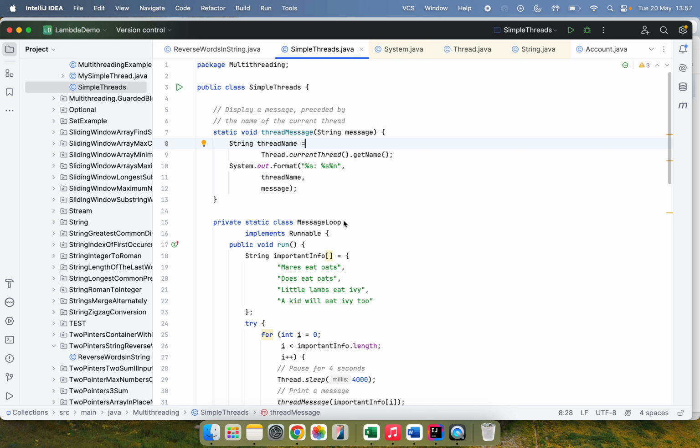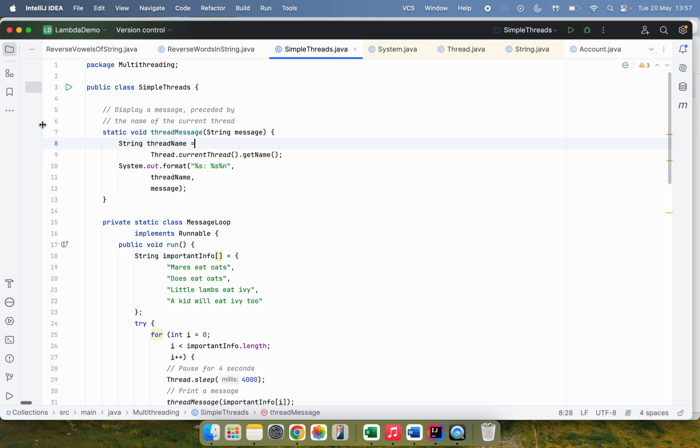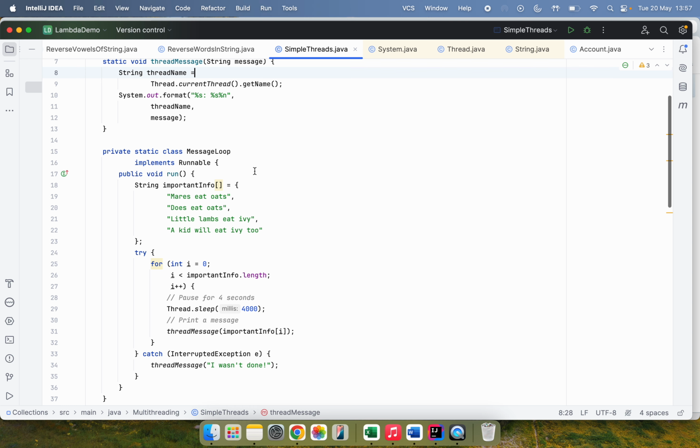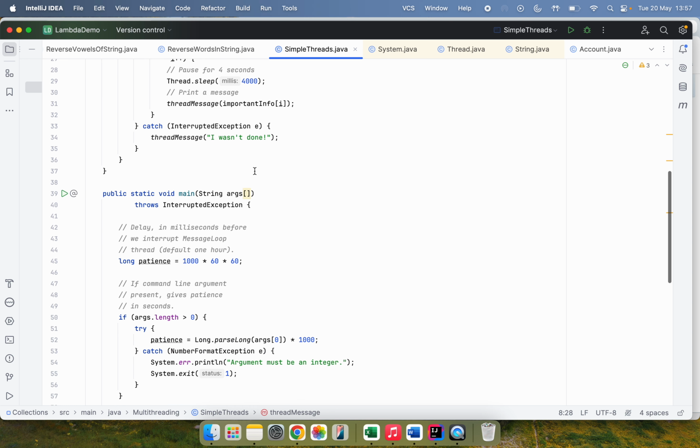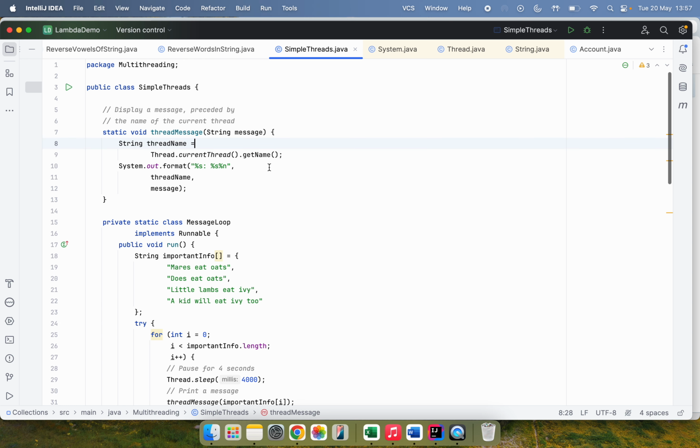Hi guys, today I'll be talking about this example which I have here on my screen. This is a simple example where I will demonstrate how the Thread.sleep method works and how Thread.join works. And if you see this